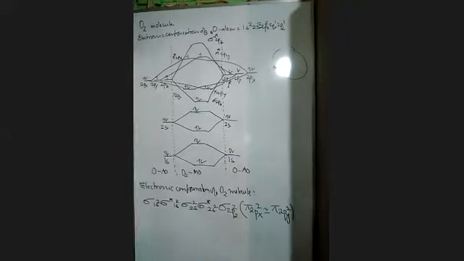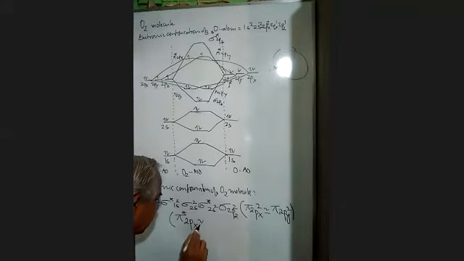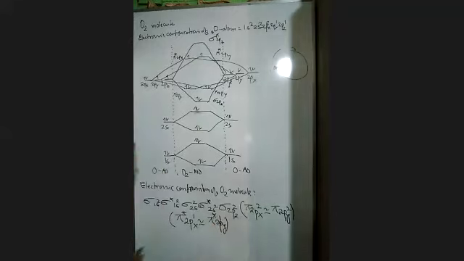So write it like this: pi star 2px and pi star 2py, 1, 1. So this is the electronic configuration of